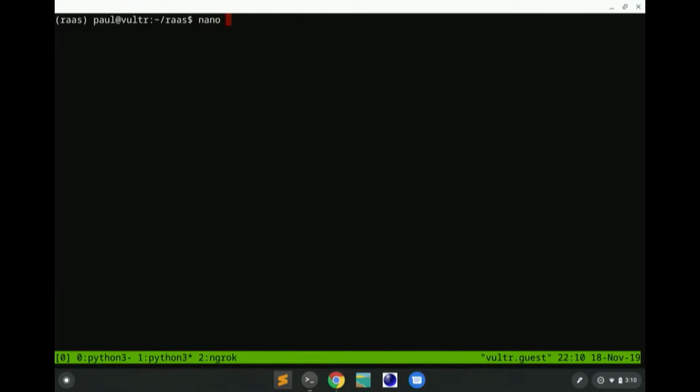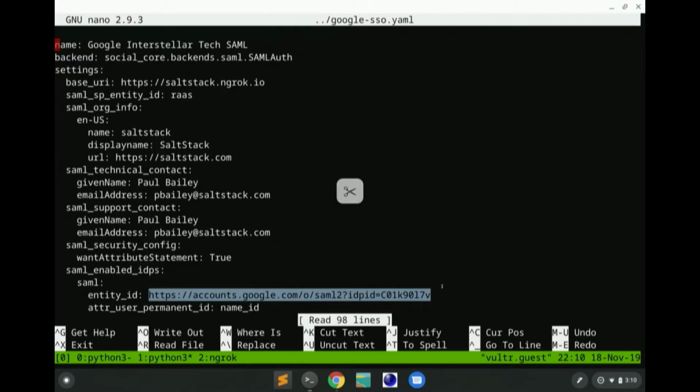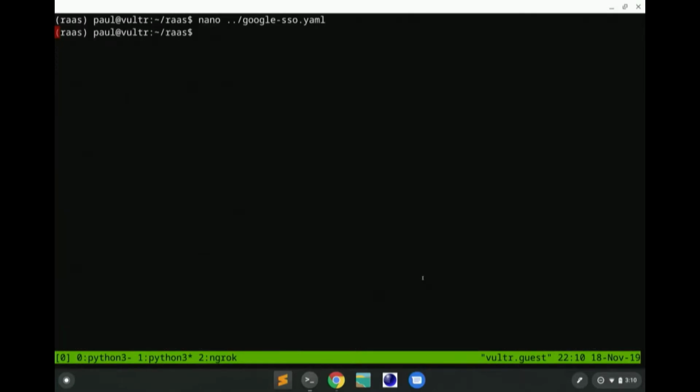So the way you would configure SAML in SaltStack Enterprise 6.2, you would configure the YAML configuration, the endpoints and whatnot. I'll walk through a Google example. In this case, we gave it a name, give it the endpoints, the entity ID, and so on. So you would configure the YAML configuration for the vendor you want to integrate with. And then you would load up this file. So there's a command that will load up this file.